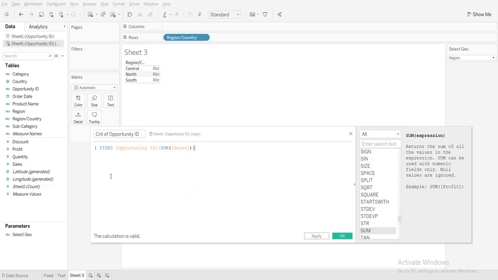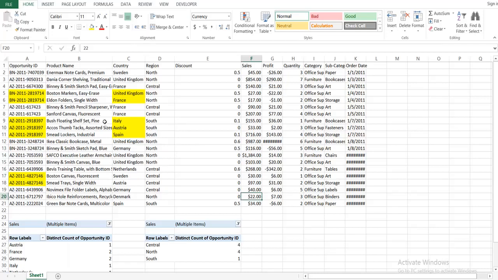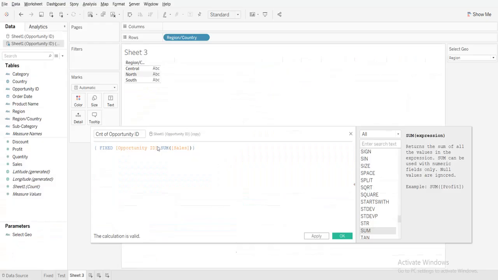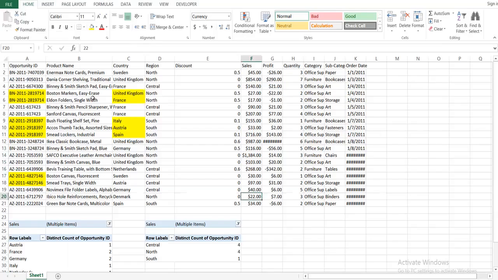So what is my requirement here, let's say in this Excel, if there are multiple opportunity IDs, right? When I select the region, I need to fix this and then take the sum of the sales of this, right? So 17 plus 24, in this formula it will take the 17 plus 24. But when you select only the country, there will be only one opportunity ID, so it will show only the 27 number. But when you select geo as region, then it should sum up this, fix this opportunity ID and take the sum of sales of that.